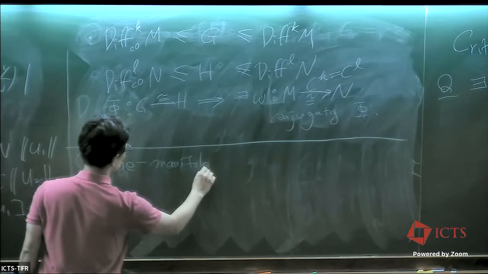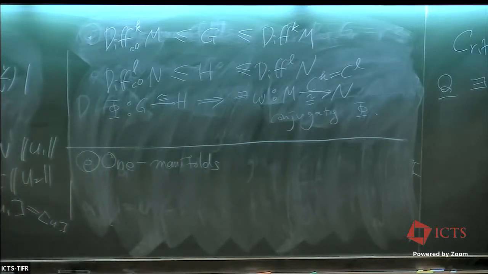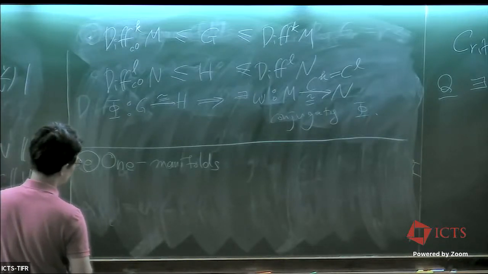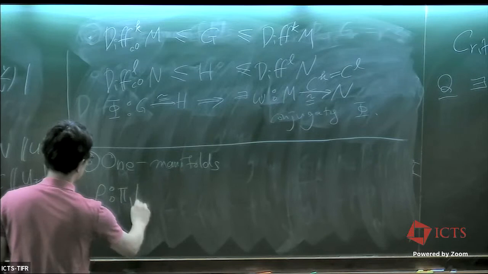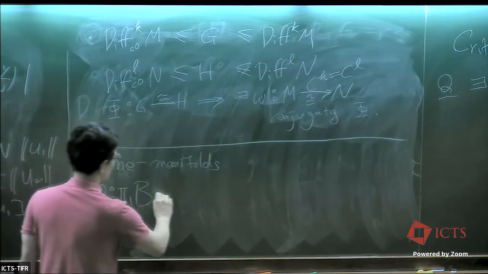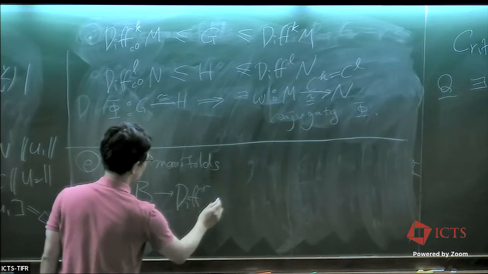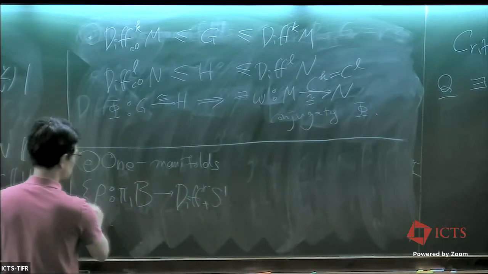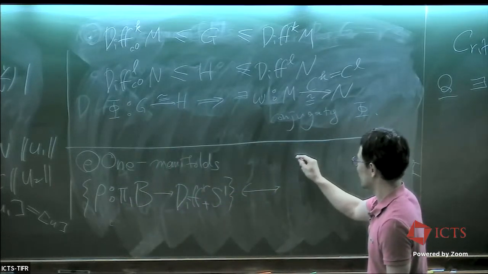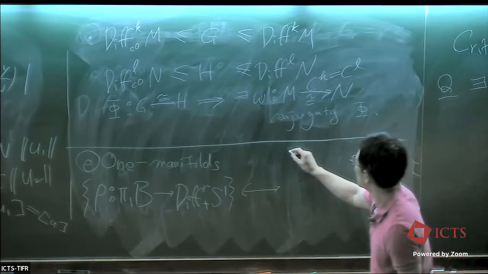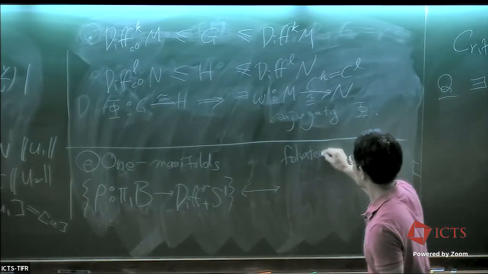So why one-manifolds? One of the motivations, especially for foliation theorists looking at one-manifold diffeomorphism groups, is that there's a canonical way of making a foliation from one-manifold diffeomorphism groups. In other words, you consider a homomorphism from, say, pi_1 of some base manifold or orbifold into the C^r diffeomorphism group of the circle. Then there is a one-to-one correspondence, up to conjugation, with foliated S^1 bundles